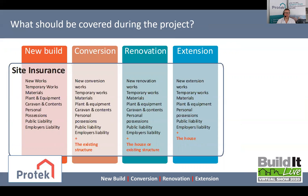And in terms of the conversion, renovation, and extension, the only addition is it will also cover the existing structure. So those two things added together, the new works and the existing structure, cover the entire build if it was destroyed 2 days before you moved in. If someone wanders onto your site and injures themselves, it will invariably be your responsibility, even if they were trespassing,